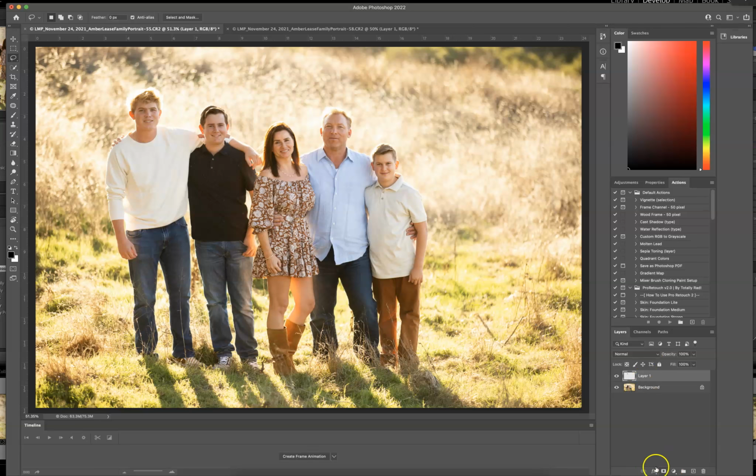Now I'm going to put a mask layer on it, so it's this box with the circle, and I'm going to press B for my brush tool. I'm going to size this brush by using Control Option, clicking my mouse, dragging to the right or left, and to make it soft, dragging up and down. I'm going to make it super soft. Now I'm going to come in here